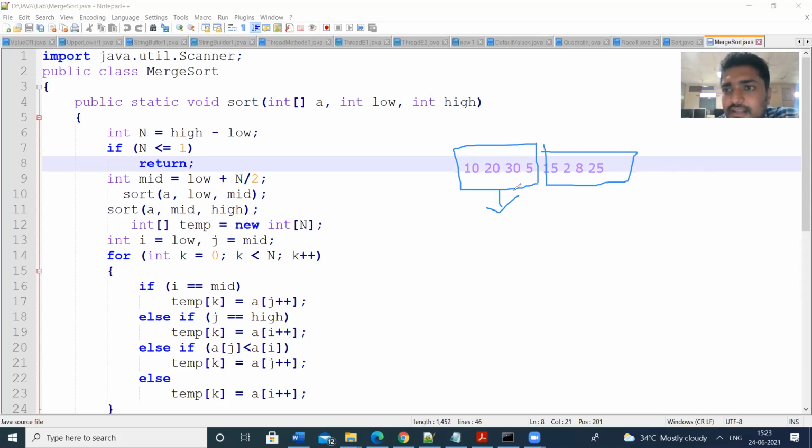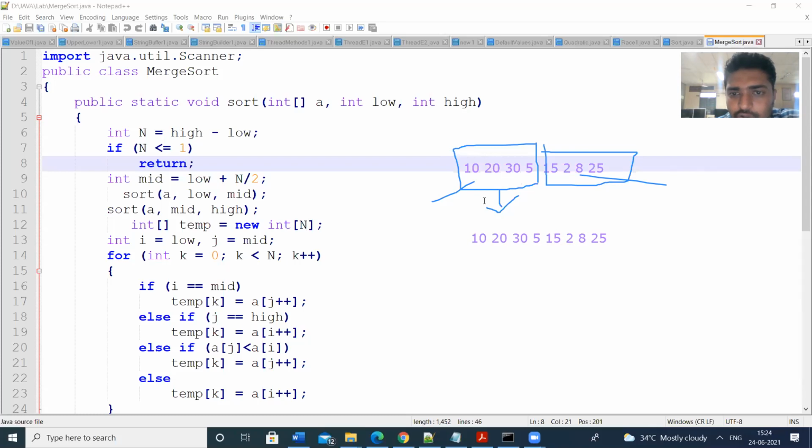This is the array, sub-array 1, sub-array 2. So in the next case, what we get is 10, 20, 30, 5, 15, 2, 8, 25.